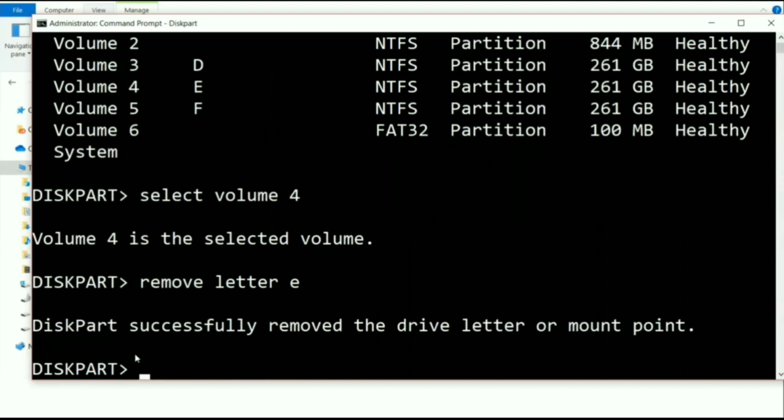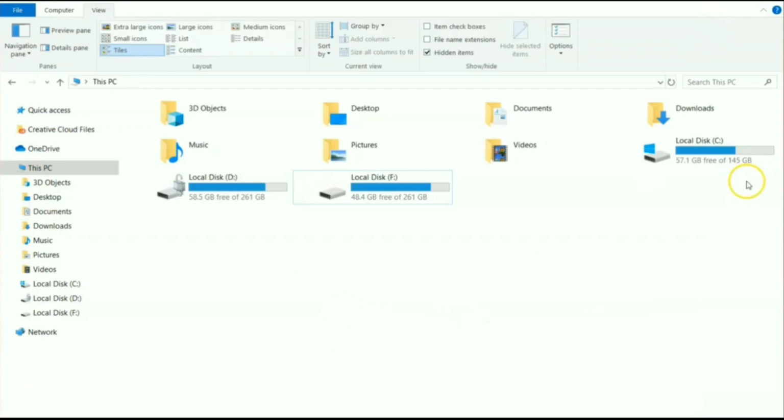Now diskpart successfully removed the drive letter or mount point, and it's done. The selected drive has been hidden successfully. Let me go and check it out. Now you can see that we have only 3 drives: local disk C, local disk D and local disk F. The local disk E has entered hidden mode.